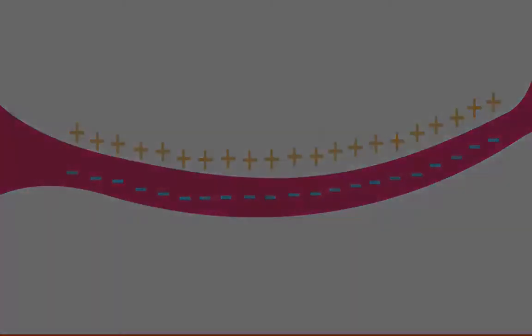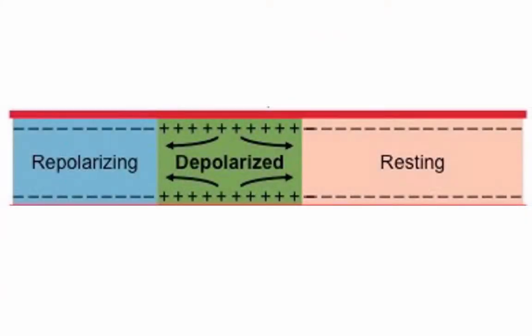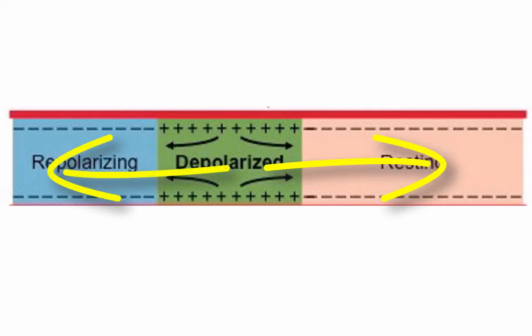The second factor is the refractory period, which prevents an action potential occurring immediately once the membrane has repolarized. Rather, the neuron must be reset during the refractory period, where sodium ions and potassium ions are returned to their correct sides using sodium-potassium pumps. This prevents an action potential from going backwards from where it came from, and again drives the nerve impulse in